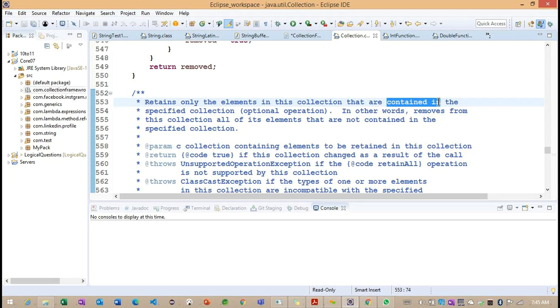Whether the parameterized collection's elements are present in the current collection is identified by the retainAll method. If it is available, it will return true, otherwise it will return false.